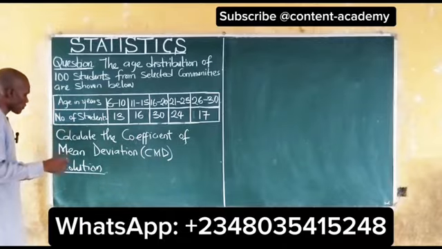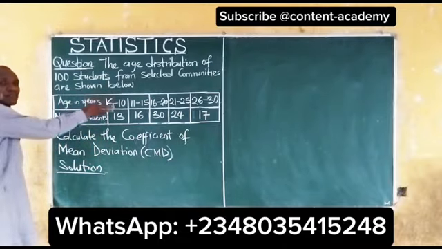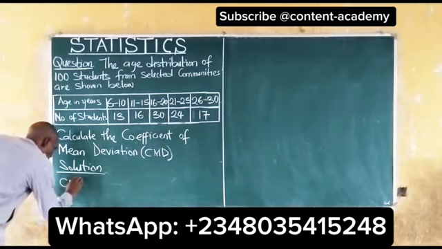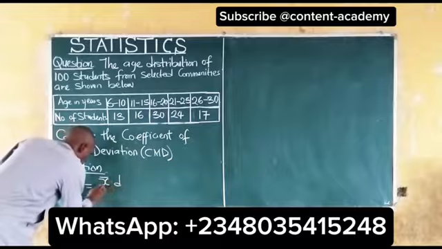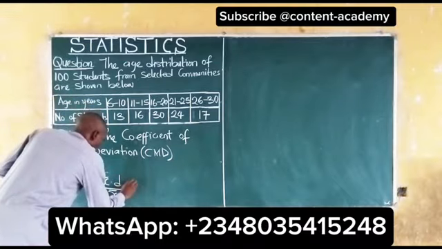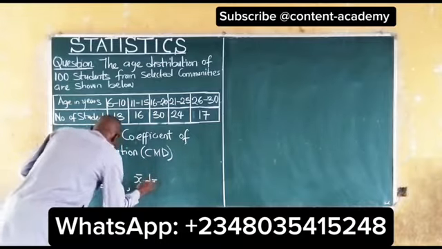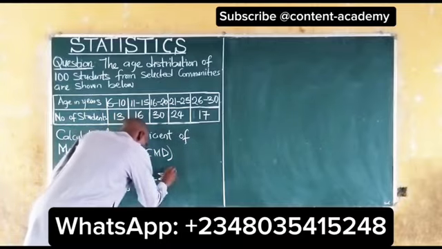This time we are to find the coefficient of mean deviation given the group data. Now, there is something we need to know. The coefficient of the mean deviation is x bar multiplied by the deviation all over x bar. Here, x bar multiplied by the deviation is equal to